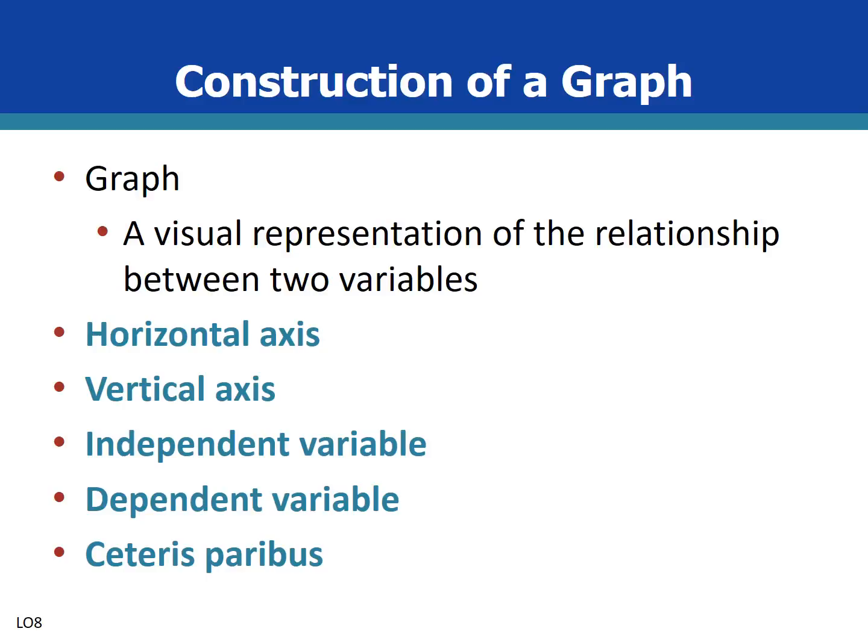As one moves away from the origin, either up or to the right, the plotted values increase. Often the independent variable, which is the variable that changes first, is placed on the horizontal axis, and the dependent variable, which is the variable that changes in response to the first variable changing, is placed on the vertical axis. However, in economics, it is customary to always place price or cost data on the vertical axis, even if it